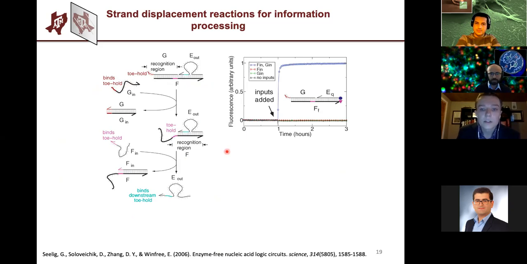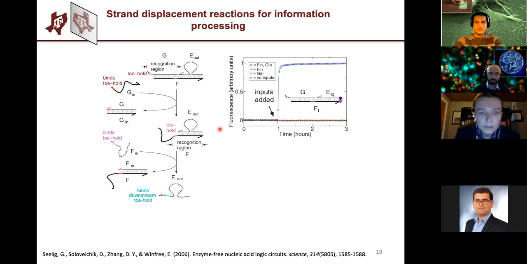So essentially 0-1 logic of inputs and outputs. In this case, they have a 2-input gate, and the first step is G in binds to this toehold here and removes the G strand, opening up this purple toehold domain, the second toehold domain that was initially blocked